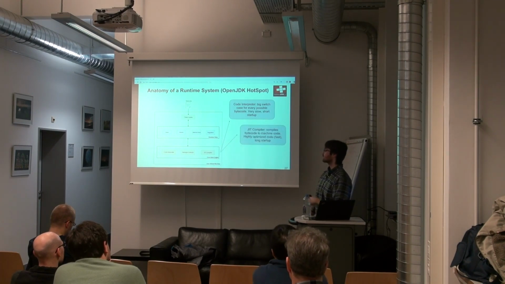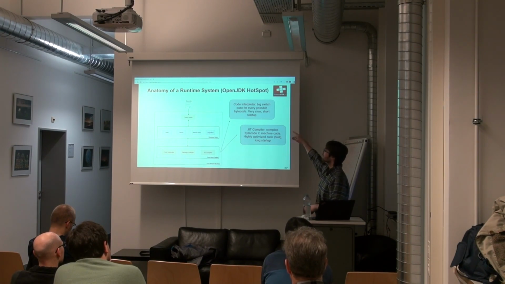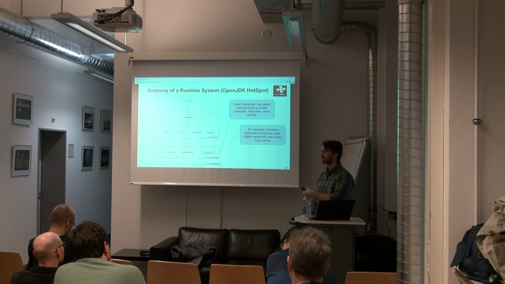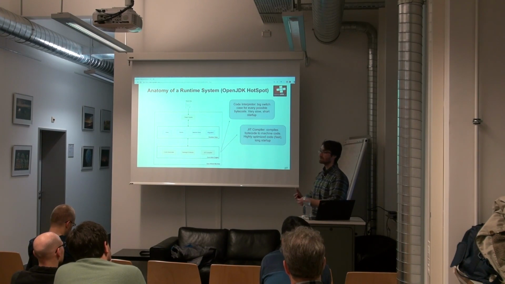A JIT compiler is going to transform your bytecode into native code. This is interesting because you're going to do a lot of optimizations here, and it's going to give you good performance. There is a trade-off between using the interpreter and the JIT compiler. Usually, the interpreter has a very fast startup, meaning that you are going to start executing the application very fast, but the actual code execution speed is very slow. Whereas the JIT compiler takes time to compile, but once it gets compiled, it's very fast. So in the JVM, they usually have a trade-off, and they only compile methods that are executed very frequently.